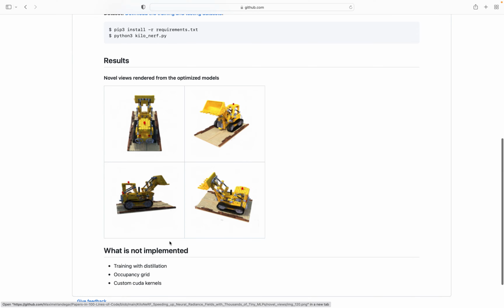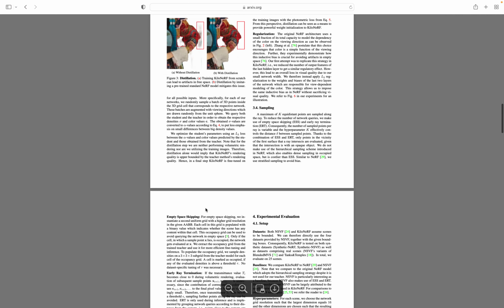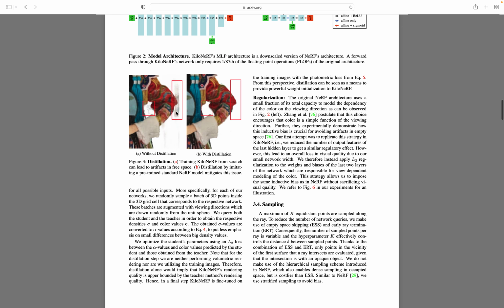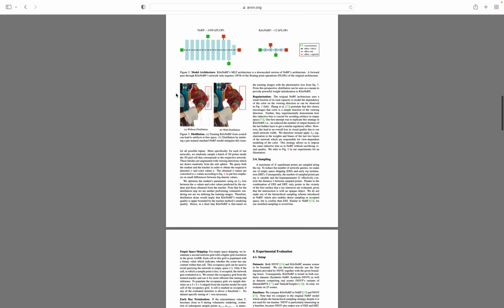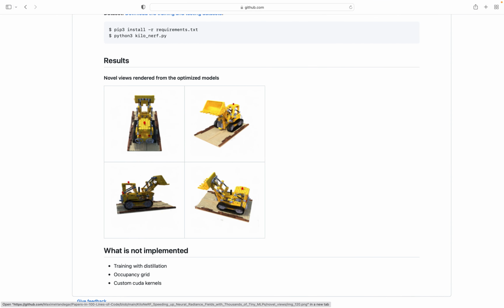We will not implement training with distillation. As is mentioned in the paper, sometimes the implementation can have some artifacts. So distillation can help, but in order to keep the implementation concise, we will not implement that, but still we'll have very good results. And there are also a few other components we'll not implement, but to get started,